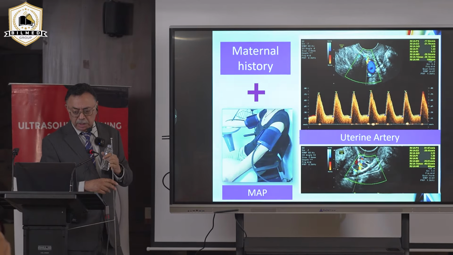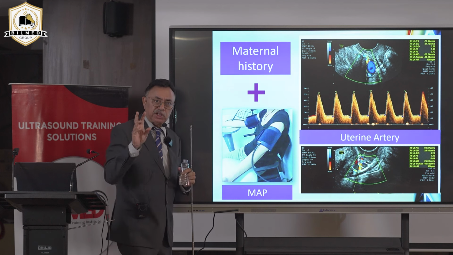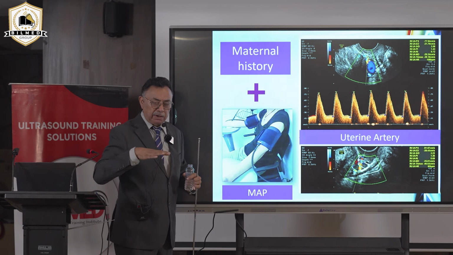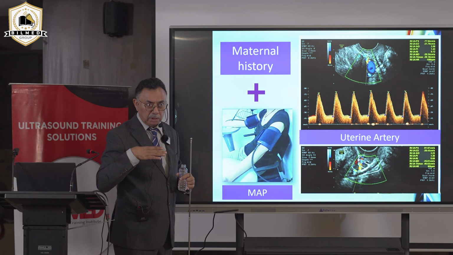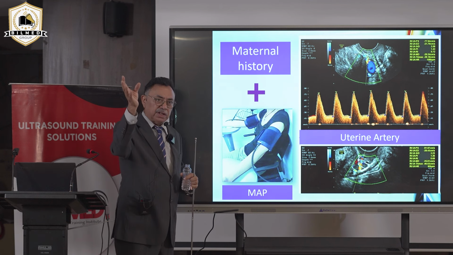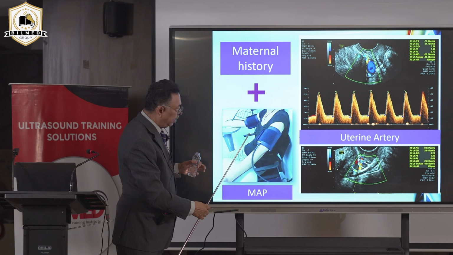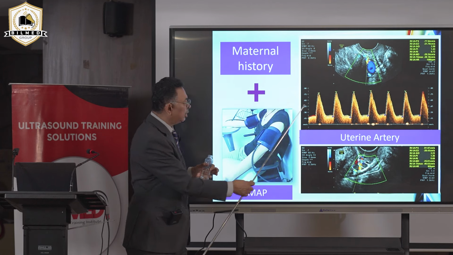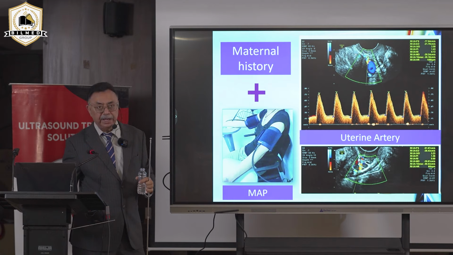Okay, clear? Now for PIH, maternal blood pressure is measured in sitting position in both the arms with the BP instrument on the table at the level of the heart. Not like your nurse has taken outside, how did she take it, what did she take. Proper. If you want to predict, mean arterial blood pressure, uterine artery, and the biochemical test will predict PIH very,